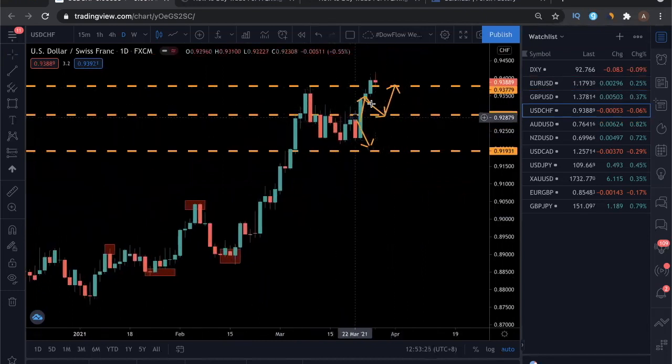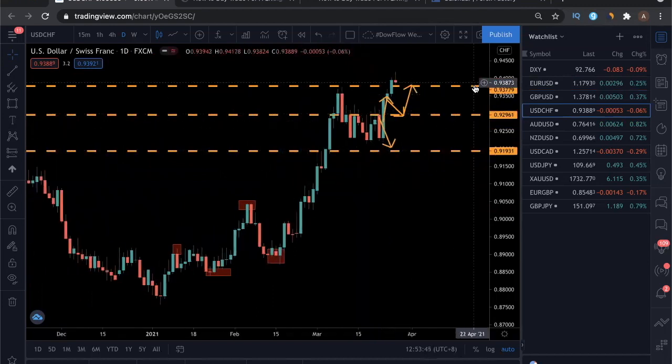So these were the levels that I plotted last week, as well as the prediction. What happened was that, true enough, this level acted as some form of resistance. You can see that there was a nice engulfing pattern here, but price didn't test the low that I expected it to test right here. And you get a very nice bullish engulfing pattern. And right now, price has just closed above the upper resistance of